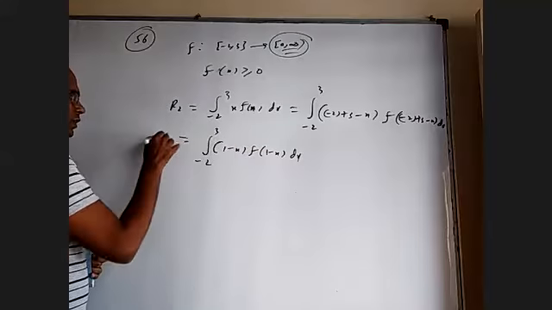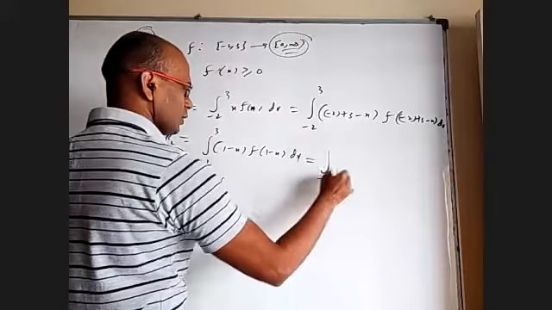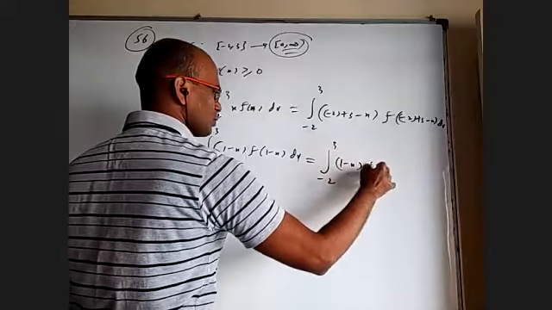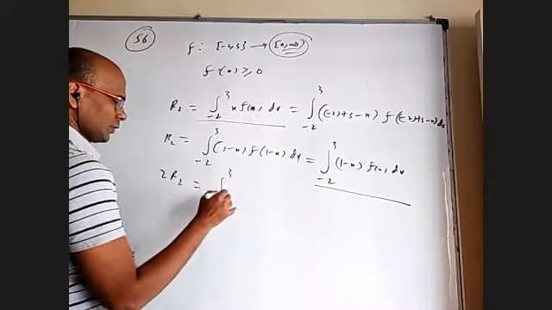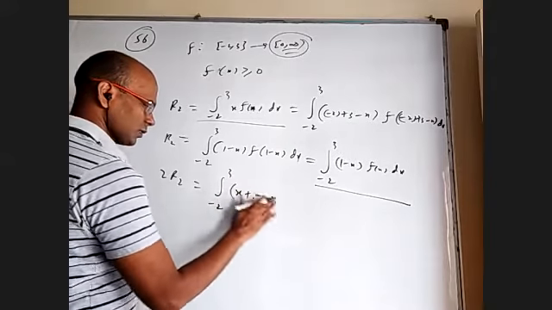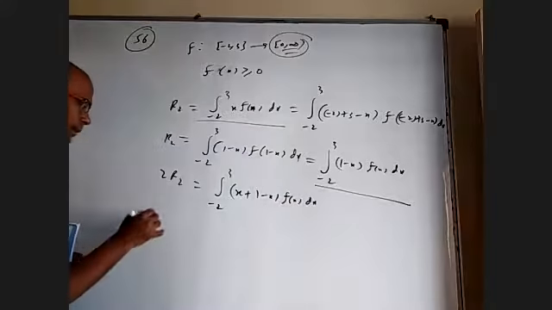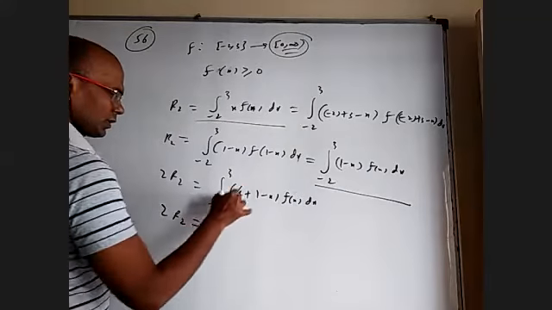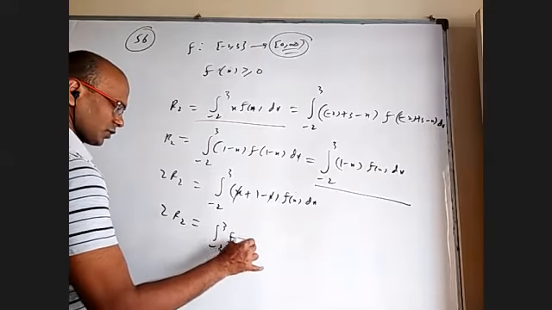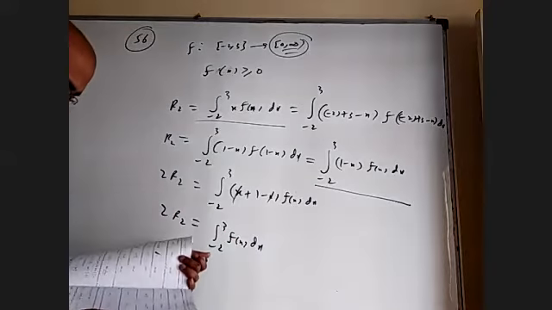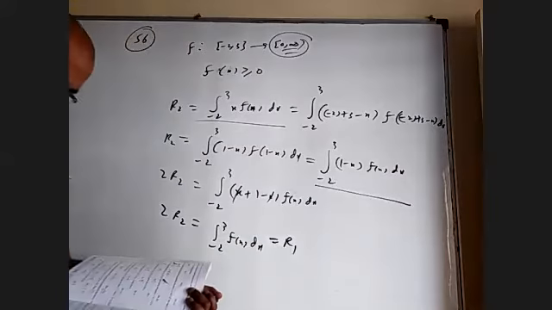When I add I plus I, that is R2 plus R2. 2R2 is integral, of course, this is same as f of x, minus 2 to 3, 1 minus x into f of x. This and this, if I add, 2R2 is integral minus 2 to 3 of x plus 1 minus x, f of x dx. In 2R2, x and x will cancel. We got integral minus 2 to 3 f of x dx. And that is exactly R1. R1 is the area between minus 2 to 3, so this is R1. That's it, 2R2 is R1, that is the answer.